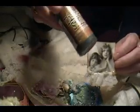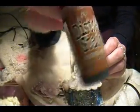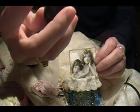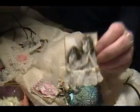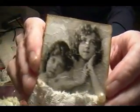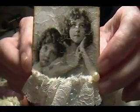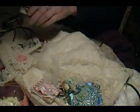It is the actual distressing, what is this? Stain. It's the stain, that one. I really like this one because it looks like an old photo. And then I just put some lace at the bottom with some pearls. And then the next one,